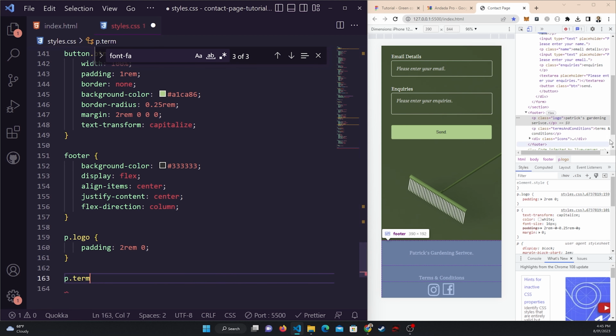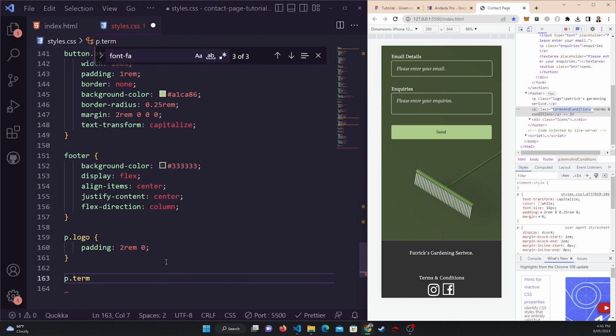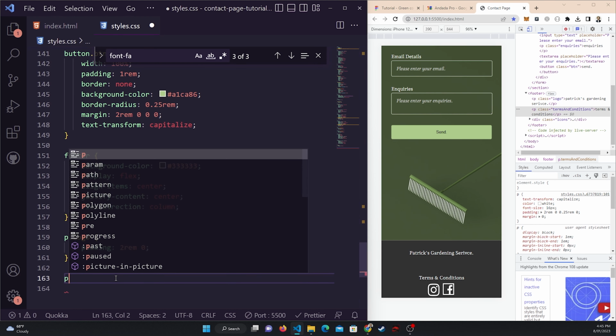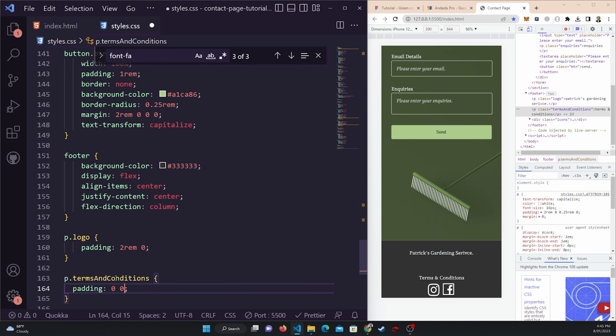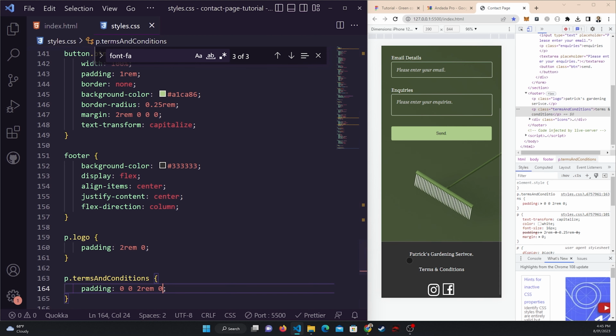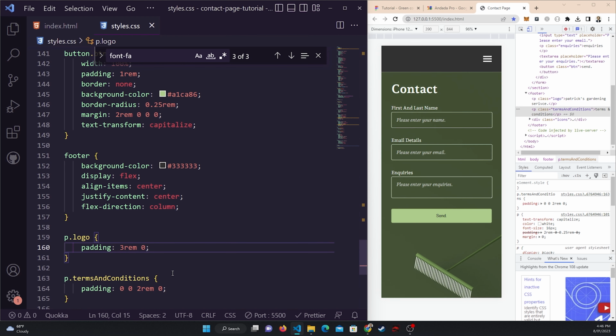P.terms, terms and conditions. So, let me fix that up. Padding, let's do 0 for the top, 0 for the right, 2 rem for the bottom, 0 again. That's starting to look quite nice. I still think we could probably have more, so maybe 3,